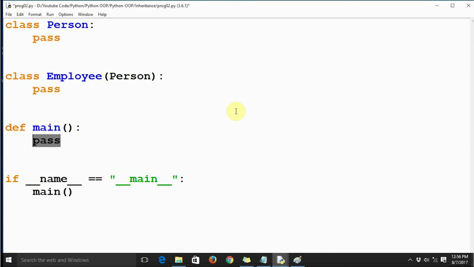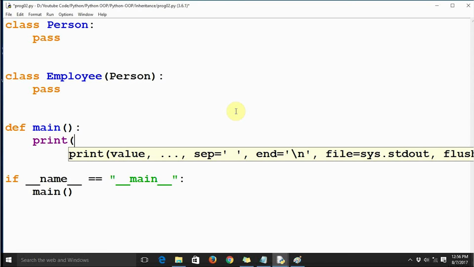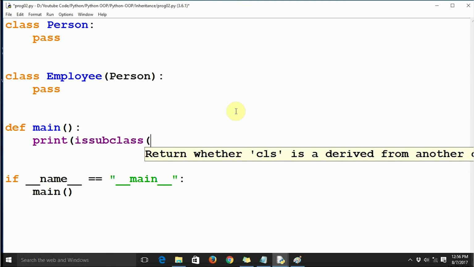And now there is no need to create an object. We just need to print the value returned by issubclass. Now we are going to say Employee, comma, Person.